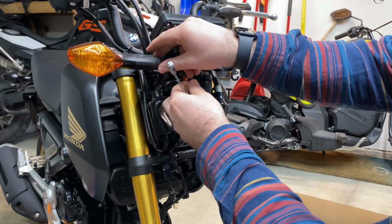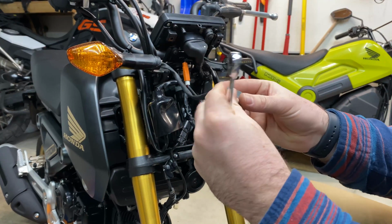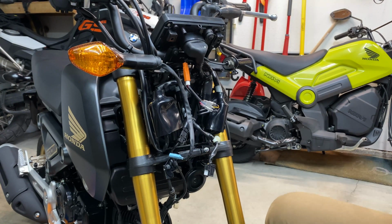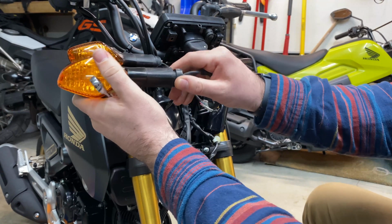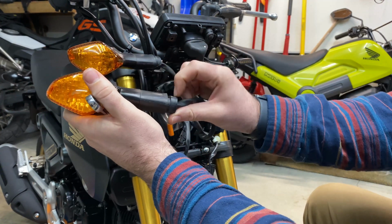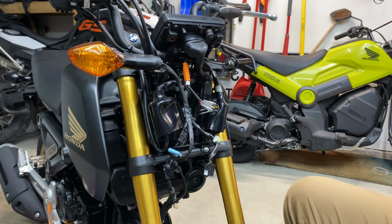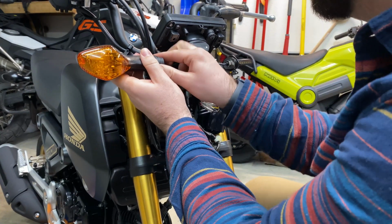And then here, we can take this bracket off. That slides over the end. Here gets kind of an annoying part. The way that this is in there, there's this big thick rubber part that you have to pry out from this connector. The whole time I was doing it on the first one, I felt like I was about to break it, but